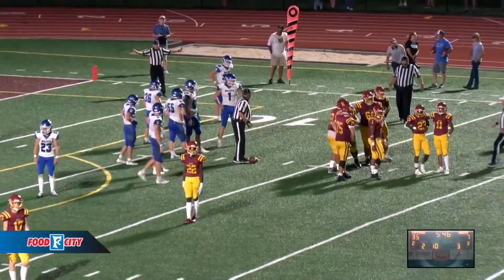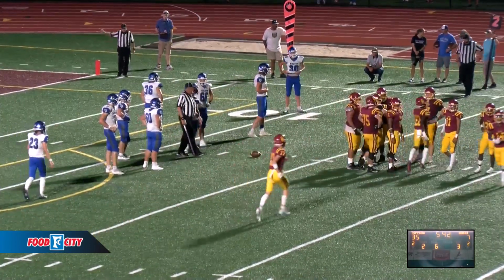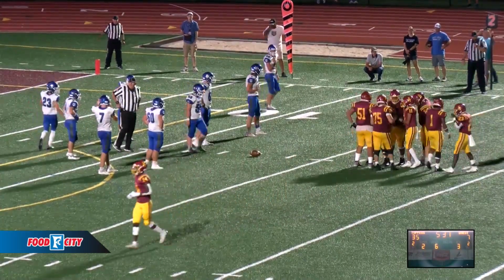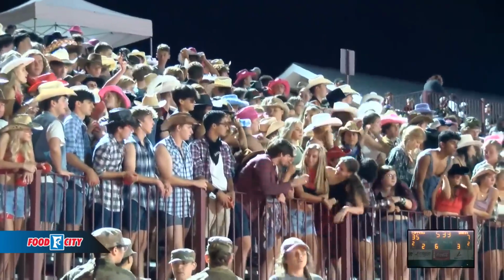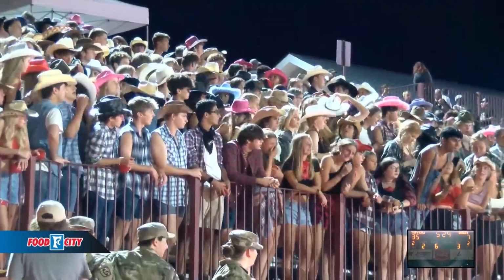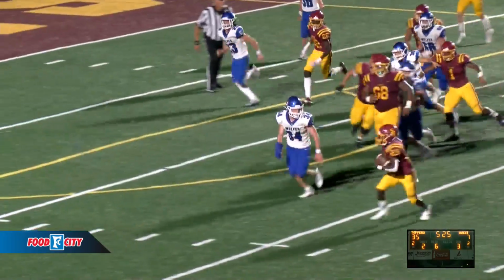Student section sticking around, having a good time. Why not? They got their best Western dress on. The home team is playing good football, and good crowd on hand here. You can give Westridge credit, their student section and their fan base showing up in mass here to Johnson City. First ever trip for the Wolves in their second year in existence and second year of Great high school